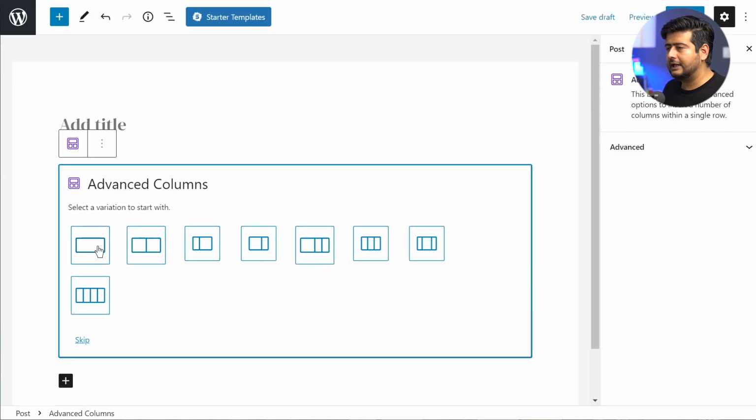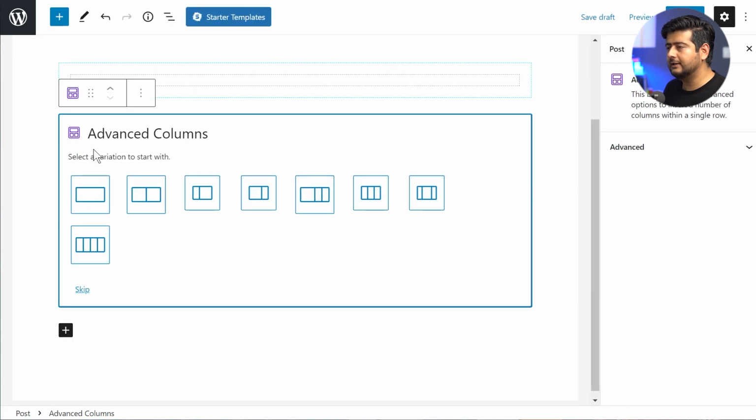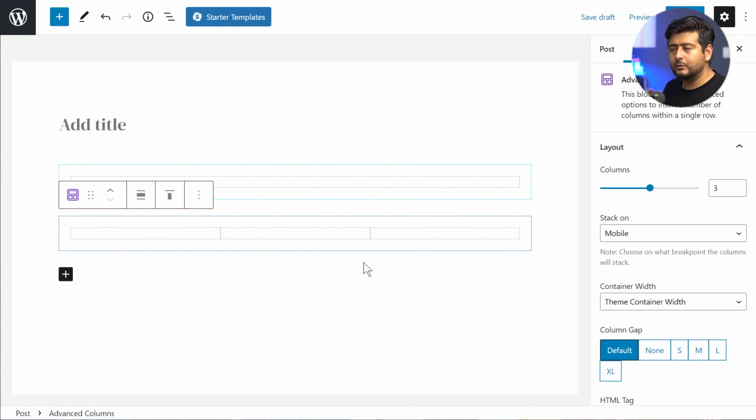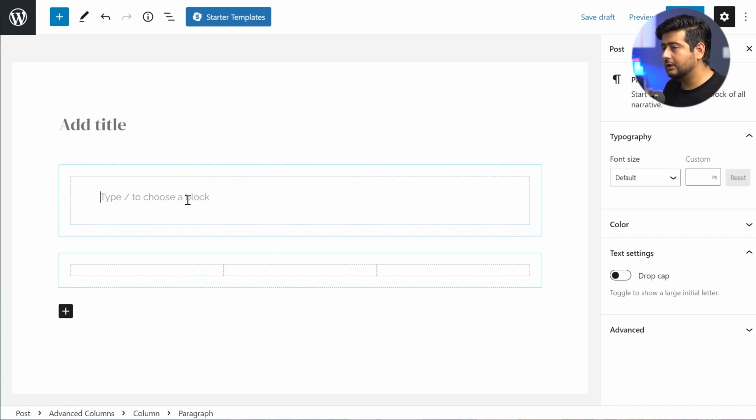The first column that I'll add is the full width column, right? Just one column. And then I'll add the same block once again. And now I'm going to add, let's say, 3 columns. So right now the layout right here, which you can see, is very similar. And what I'm going to do is add the embed block right here,